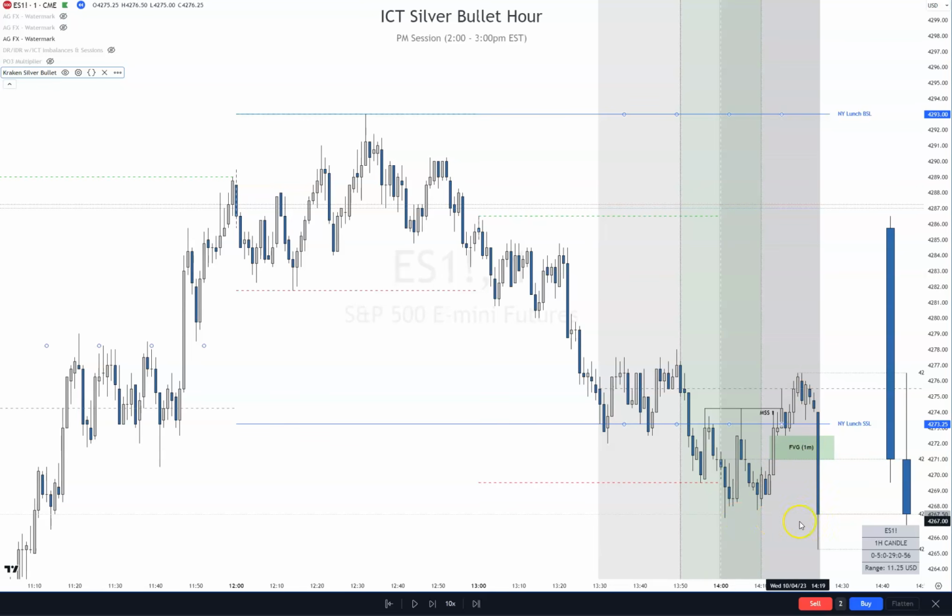And I saw that this took liquidity right here. And I was like, okay, maybe I'm offsides here. Maybe this wasn't the market structure shift. So now I'm waiting to see what's going to happen. Obviously, I need this high to be taken out for a market structure shift now. So in real time, I was going to set up a limit order right here, and this candle happened. I was going to take this trade as I was setting it up,